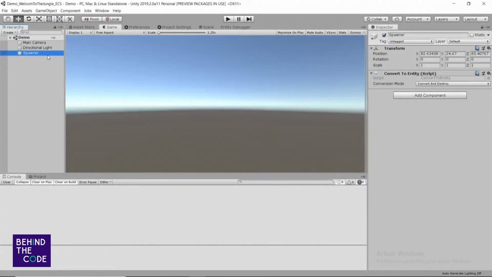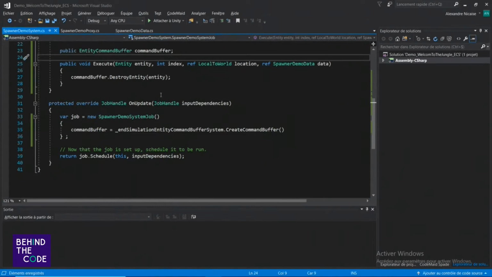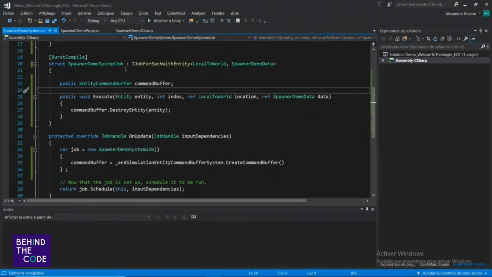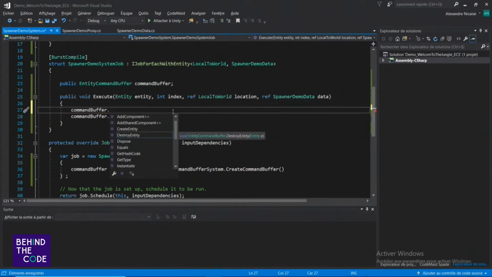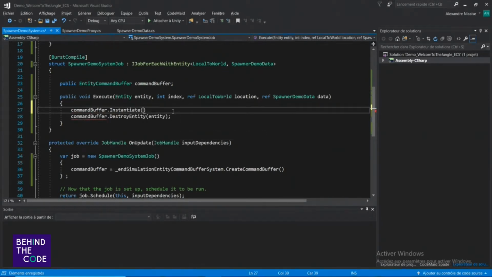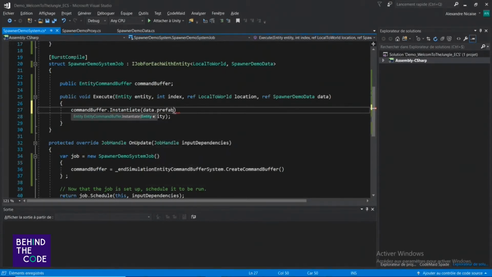and now what I want is to spawn my object. So how do I do that? I have my entity. So with the command buffer, I can instantiate my entity, so data dot prefab.